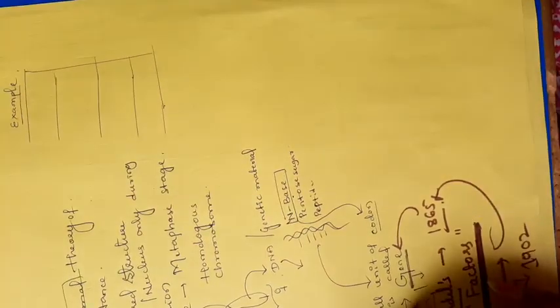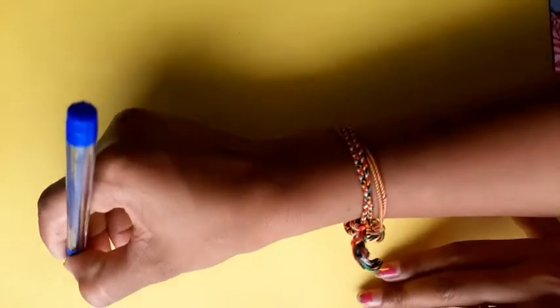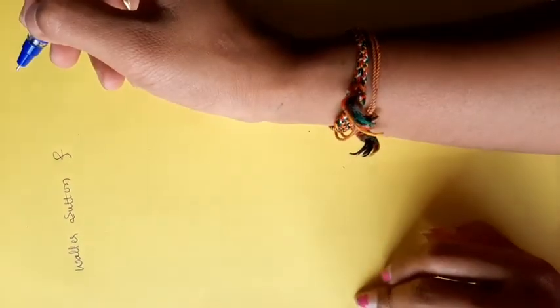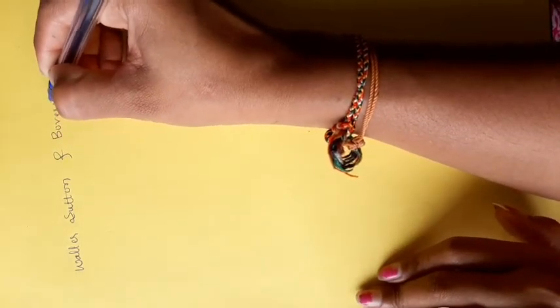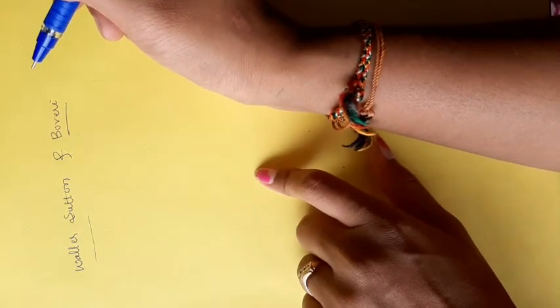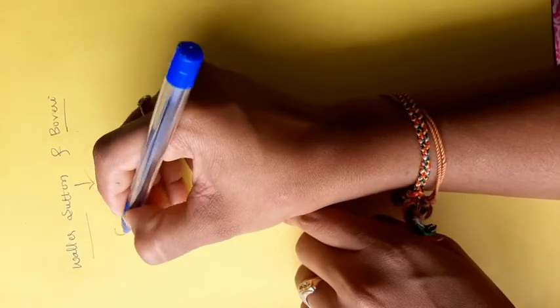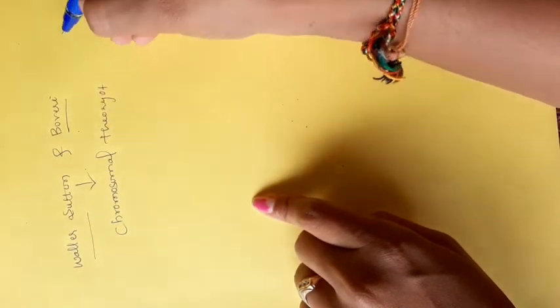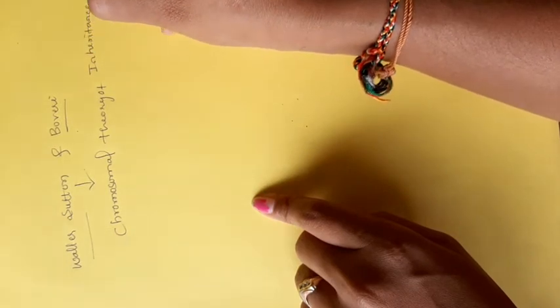In the year after the discovery of the chromosome, two scientists, Walter Sutton and Boveri, worked on chromosomes and Mendelian theories of inheritance and gave a new theory, that is the chromosomal theory of inheritance. This chromosomal theory of inheritance states that,